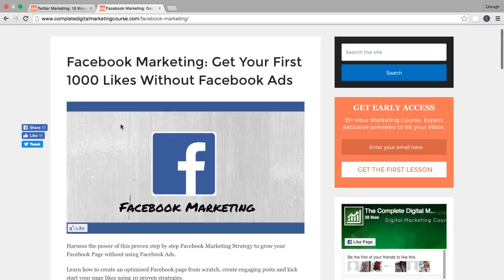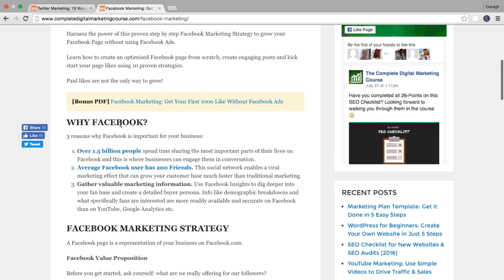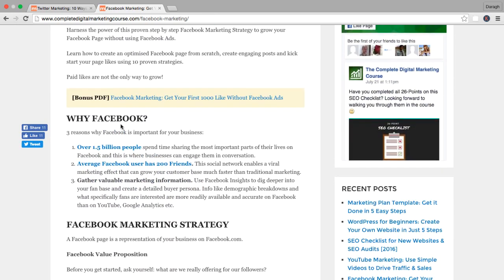I think it's good to draw comparisons between the social networks to really understand the different value propositions. If you remember, point number 2 after size was that average Facebook users have 200 friends, and it's this social network that enables a viral marketing effect. For me, that is the key way that Facebook can grow your business, that viral marketing effect and the social network that's built into Facebook.